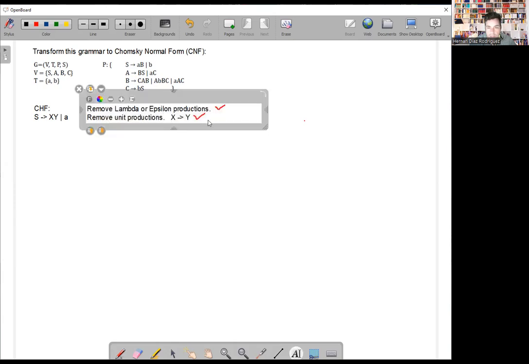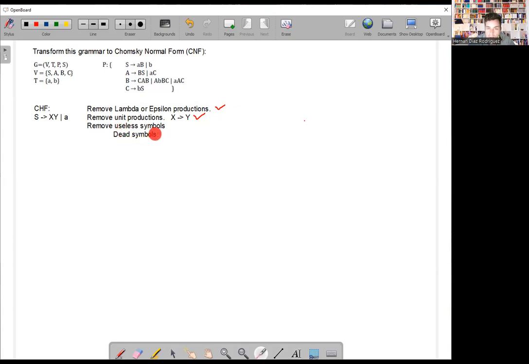Then we should simplify the grammar. And to do this, we need to remove useless symbols, right? And these are the dead symbols. And remember that to identify the dead symbols, we build the set of the alive symbols, and to that we start by the production rules that have a terminal on the right hand, right? So for instance here,